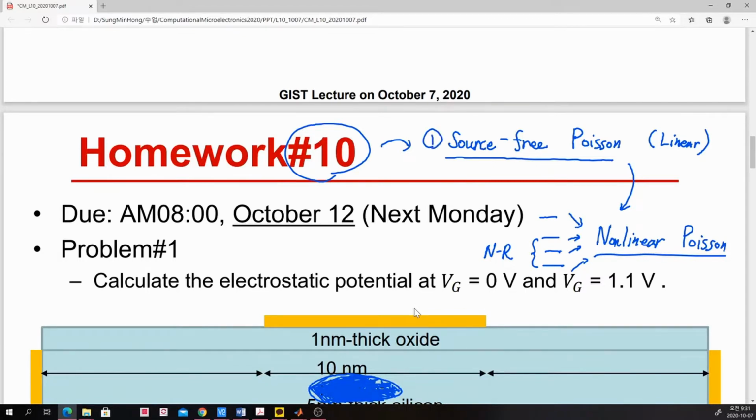So improving this source-free Poisson equation solver will be much easier than improving your nonlinear Poisson equation solver. Once you have a working source-free Poisson equation solver, then at least you can be sure that your Jacobian matrix, residual vector, and its update are well established. So then you understand